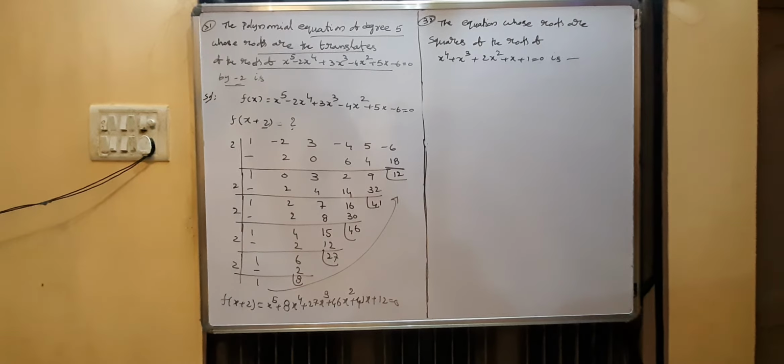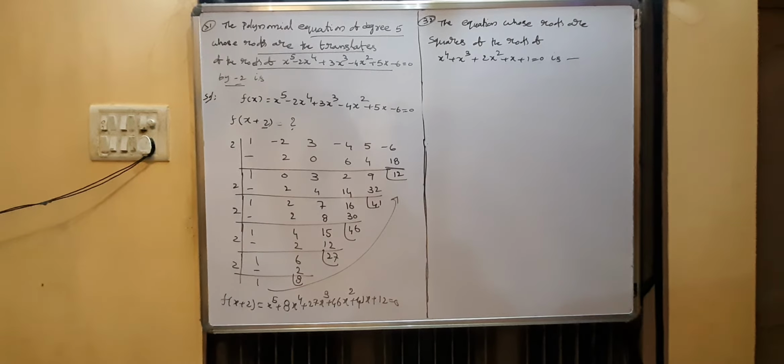Root x whole power 4 means x square, plus x root x plus 2x plus root x plus 1. The root x terms keep on the left hand side, and the remaining terms bring to the right hand side. From this, take root x common: root x into x plus 1. The remaining 3 terms bring to the right hand side, where plus goes to minus: minus x square plus 2x plus 1.